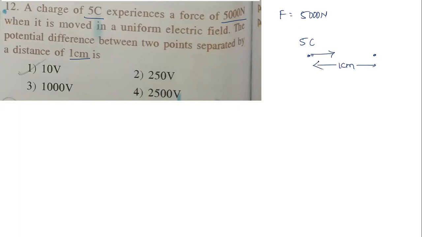Okay, in this direction we are going to move now. So we need to find what now? The potential difference between those 2 points. To find the potential difference between those 2 points, we need to know the electric field, how much is it? Charge is given to us and force is given to us. Then I can write electric field equal to force per unit positive charge.